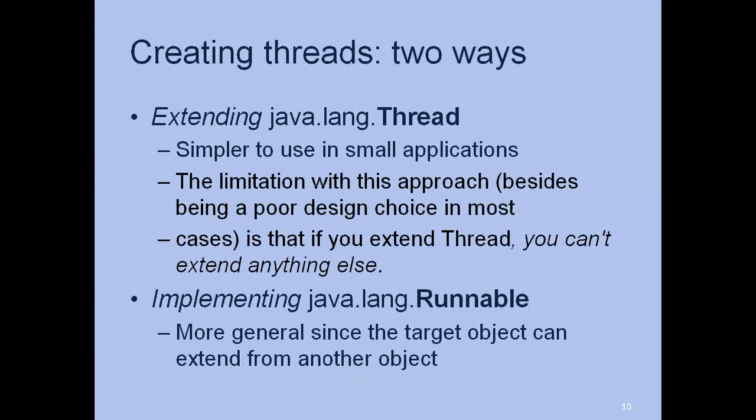Now, how do you create threads? There are two ways to do this. The first way, you already saw in the current example. You can create a thread object by extending Thread, and it is simpler to use in small applications, but the limitation with this approach is you can't extend anything else once you extend Thread, because